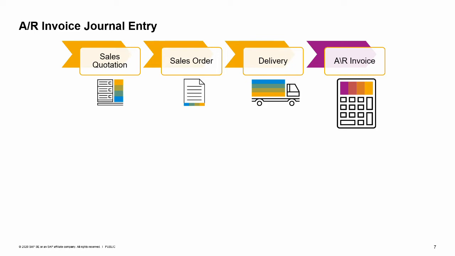Now let us assume for a moment that we are in a non-perpetual inventory system in order to keep our example simple. In that case, in our sales process example, the AR invoice automatically creates the following journal entry. There is a debit to the customer account for the total price of the sale. There is a credit to the tax account for sales tax, and a credit to the revenue account for the